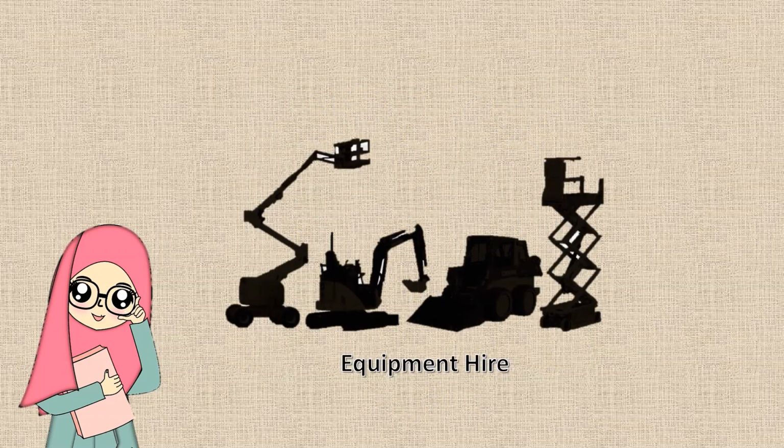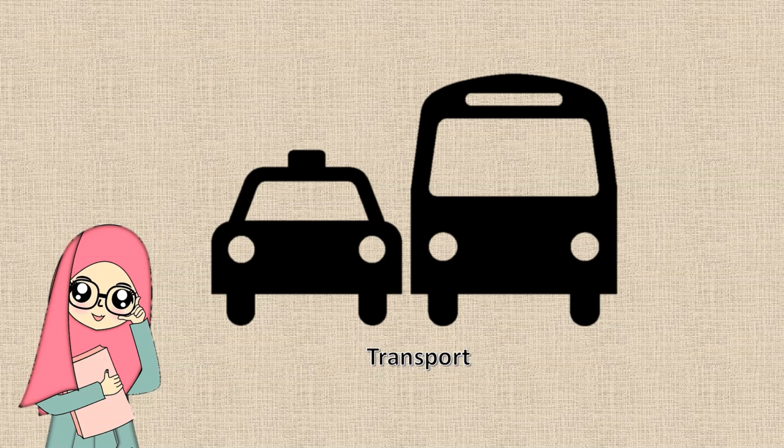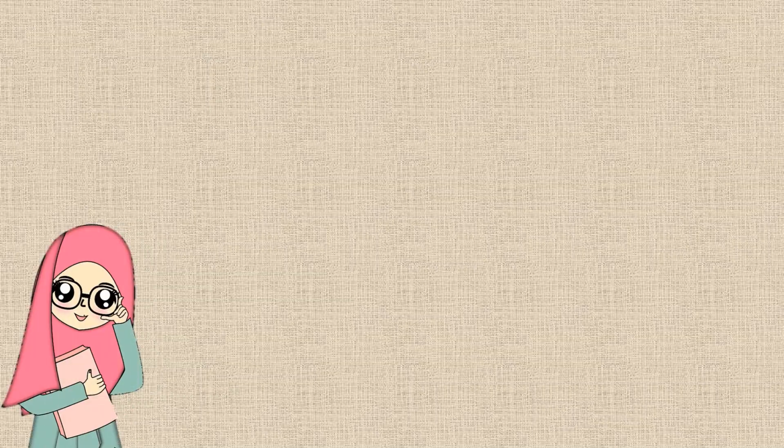Next is equipment hire. It includes equipment directly used by participants in the event and also any equipment used at the event, such as chairs and others. And lastly is transport, which includes the cost of transporting equipment and hire of the bus. For the categories of event cost, indirect,